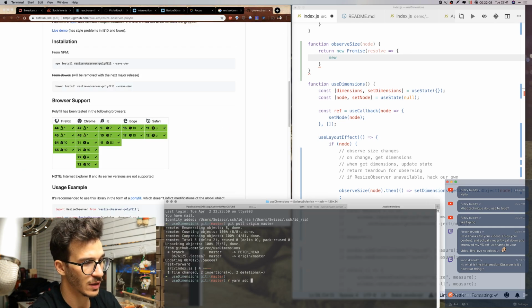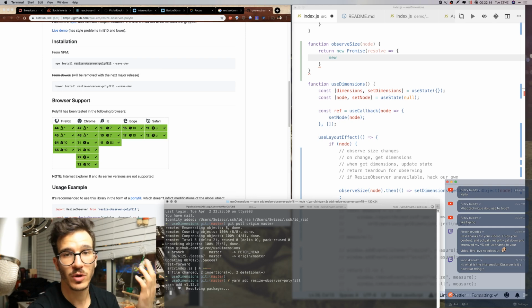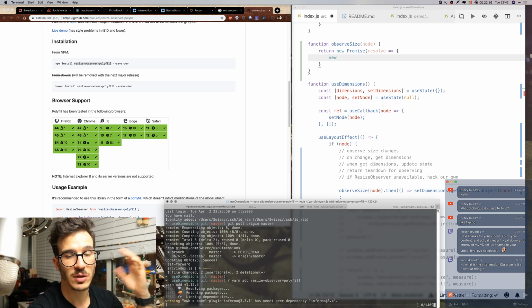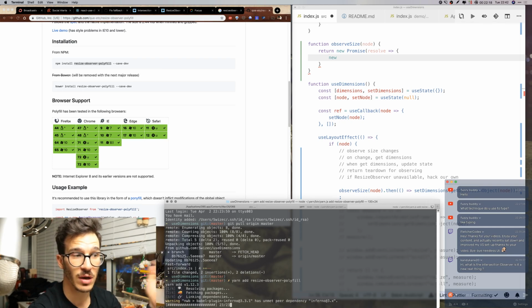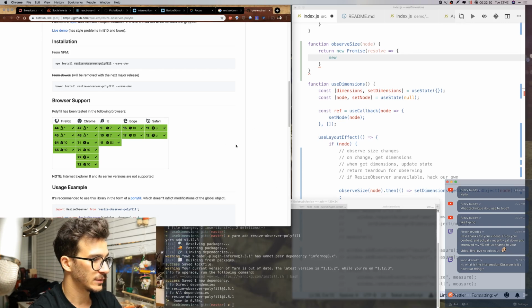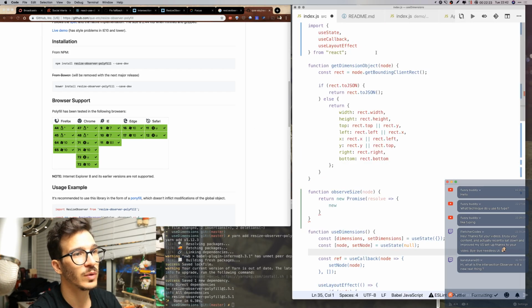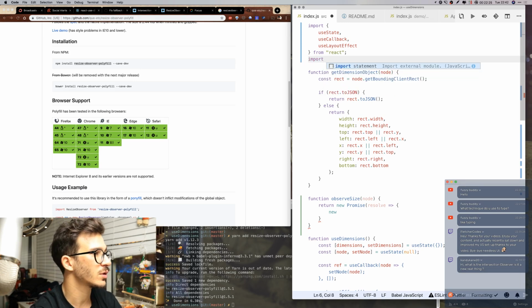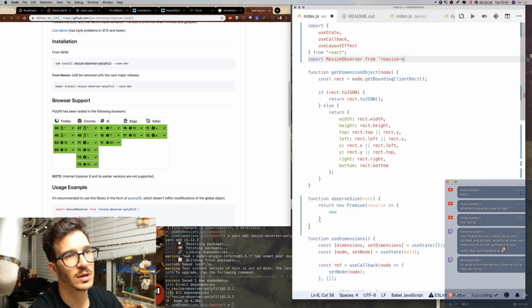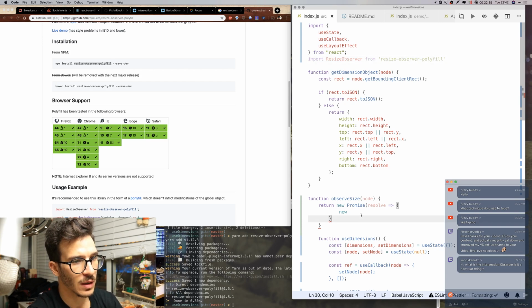So we're going to say yarn add ResizeObserver polyfill. That way we don't have to worry about whether it's supported in the current browser or not. Okay, and we can say import ResizeObserver from ResizeObserver polyfill. And now here, when we have our promise,